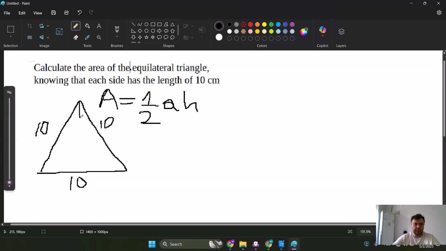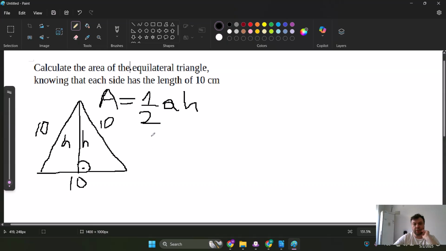So let's draw the line here. If we draw the straight line which bisects this triangle into two congruent triangles, right? Bisect, because it's dividing it into two equal parts. So there will be a right angle here, and this is our height. Right, we have the height, and we don't know yet what the length of this height is, but we can use